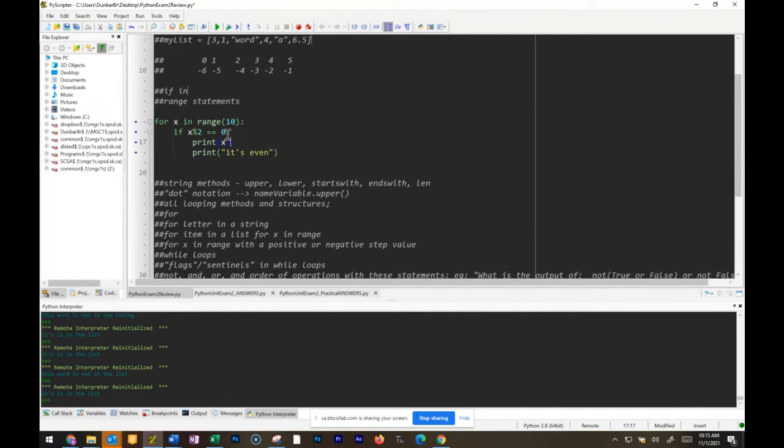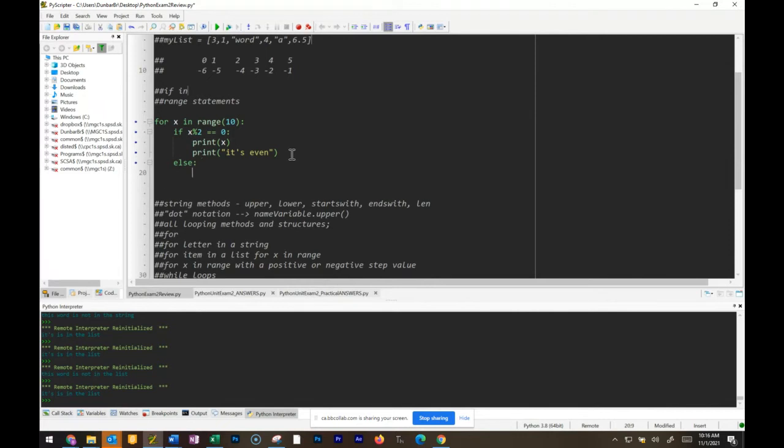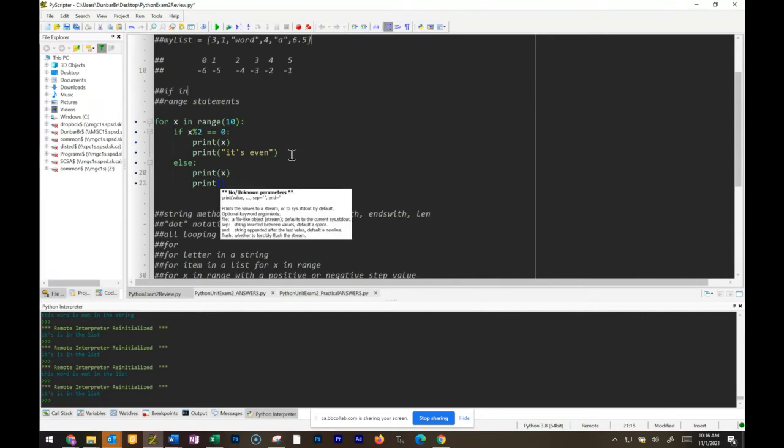every time X changes, it's going to print what X is, and it's going to print it's even, or if it's not even, it has to be odd. So in my else statement, I could put logic, another if statement saying if X mod 2 is equal to 1, then I could print it's odd, but I know if the number is not even, it must be odd. So I don't need to put any extra logic in here. I can just follow up with print X so we can see what it is, and then I'll print it's odd. So I'll step through this just to make it run a little slower so we can see what's happening